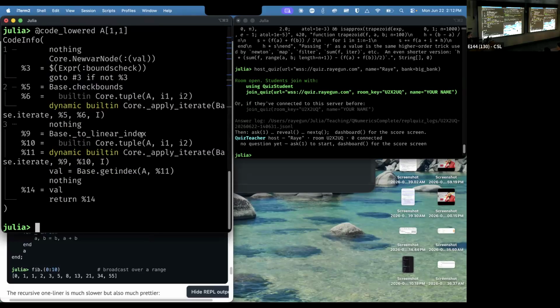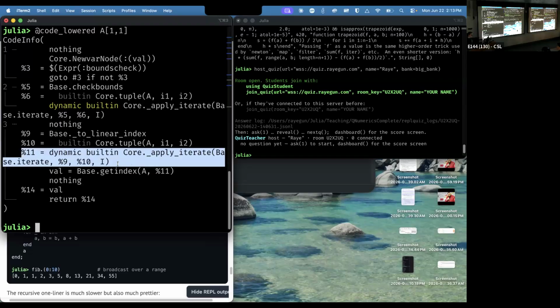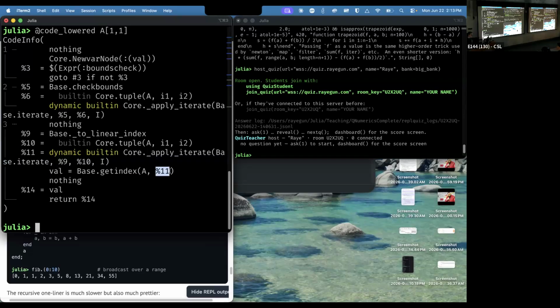ignore some of this stuff, and we transform it into, we essentially desugar it, right? This A[1, 1] is what we call syntactic sugar. And so we take that and we turn it into a function call, right? Base.getindex of A, and we take the first, this argument here. This is a little bit hard to read, but you can think of these percent sign numbers as variables. They're just assigned to once. So, this %3 is assigned to a bounds check. But in general, the core part that I want you to see here is that this A[1, 1] syntax is just